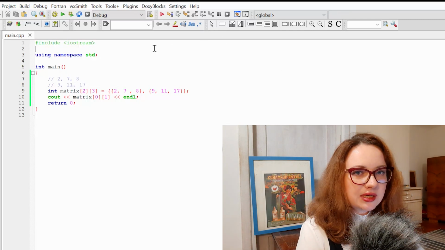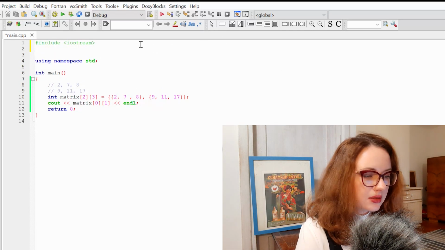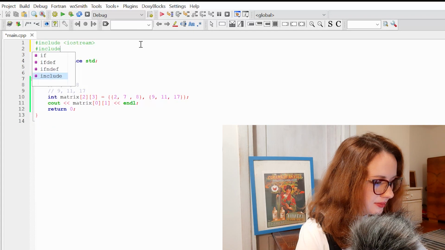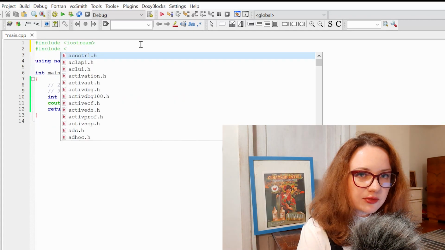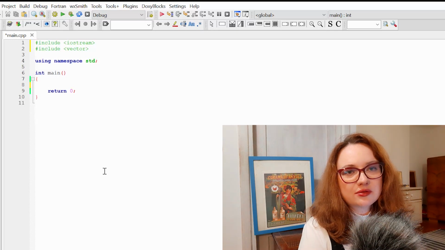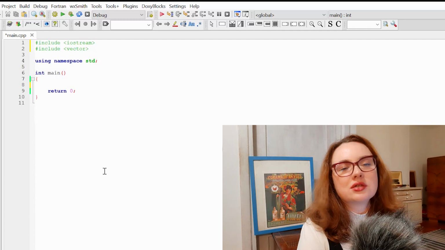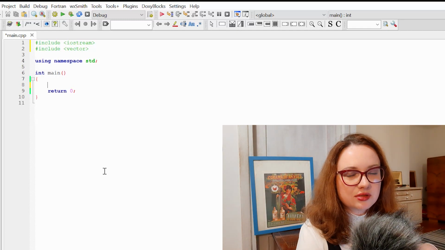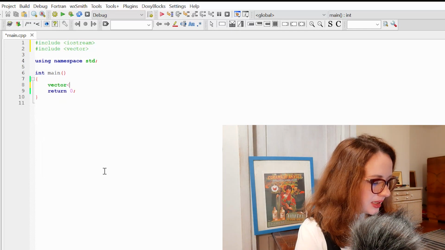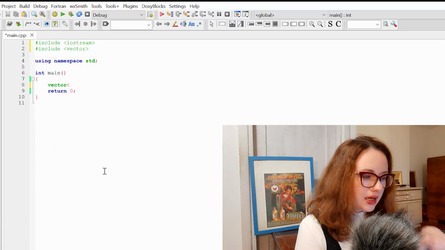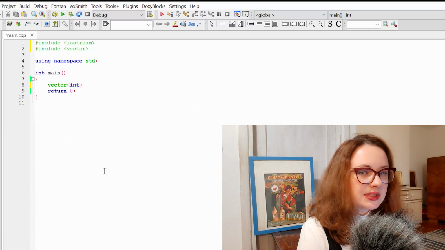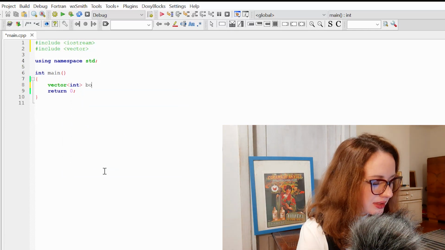To use the vector, once again, I need to include this vector class in our program. To do that, let's write include, and the header is the name of our class, vector. And let's say once again I want to create some variable to store the amount of books in different boxes I have. So to declare the vector of integers that will store my books, I will write the word vector, and in these brackets I'm going to declare the data type I'm going to store in my vector. Once again, I need to name my vector somehow, so let's name it books.